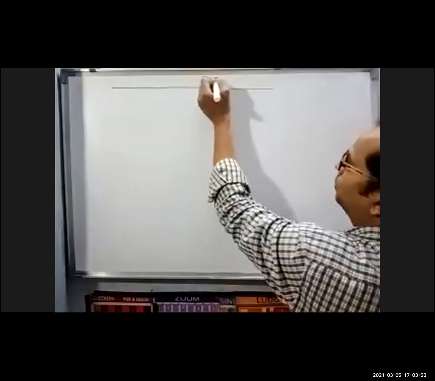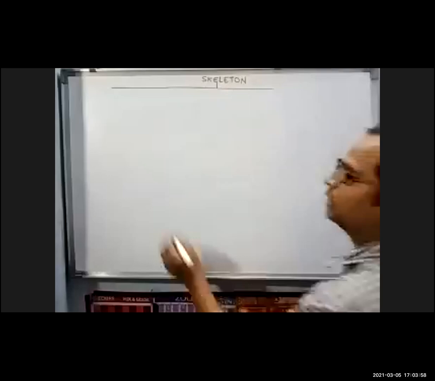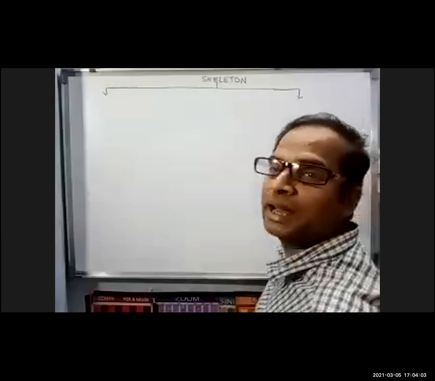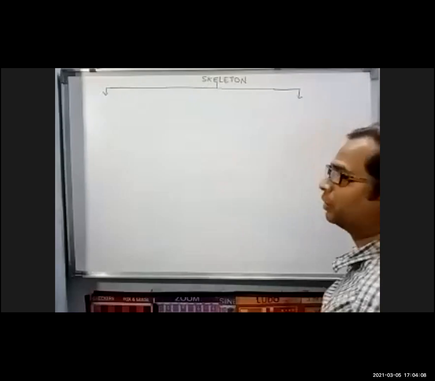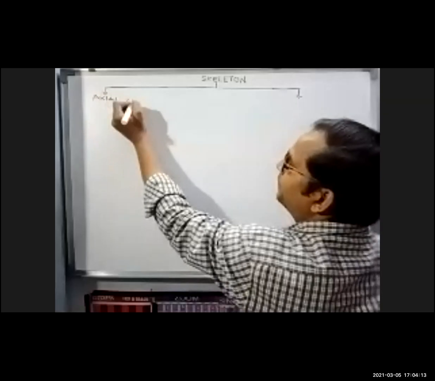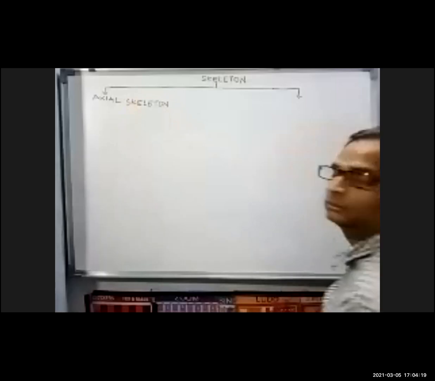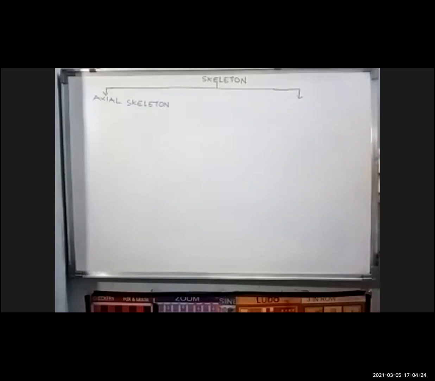So all those 206 bones are broadly divided into two types of skeleton. This chart we studied in the last class. I'm just revising for those who are freshers who have joined today. The first part was the axial skeleton. When I say axial skeleton, what do you mean by this? Remember, whenever we say axial skeleton, it means the skeleton that forms the axis of our body, right? The skeleton that forms the axis of the body.